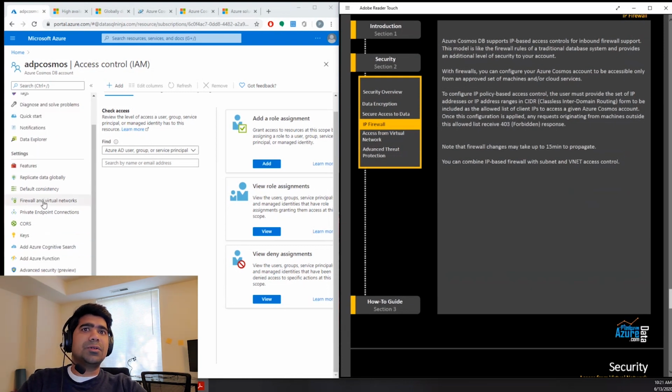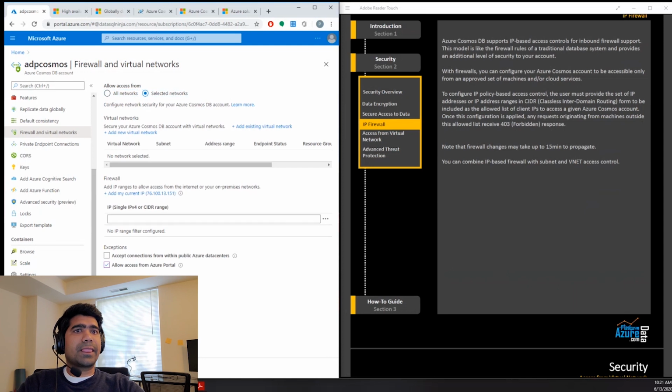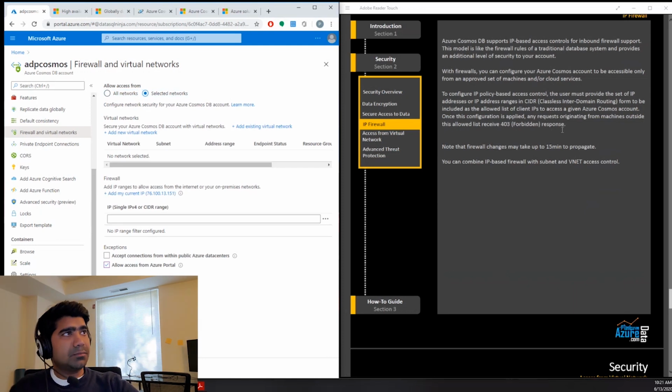So let me go to that, firewalls and virtual networks, right? Azure Cosmos DB supports IP-based access controls for inbound firewall support. This model, like the firewall rules of traditional database systems, provides an additional level of security to your account. With firewalls, you can configure your Azure Cosmos account to be accessible only from an approved set of machines